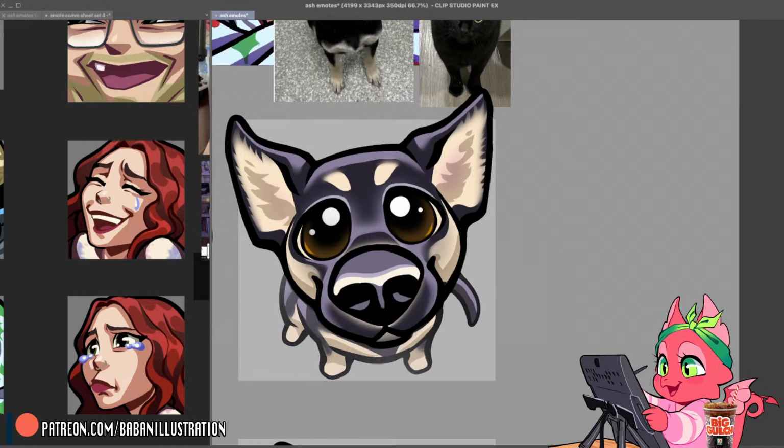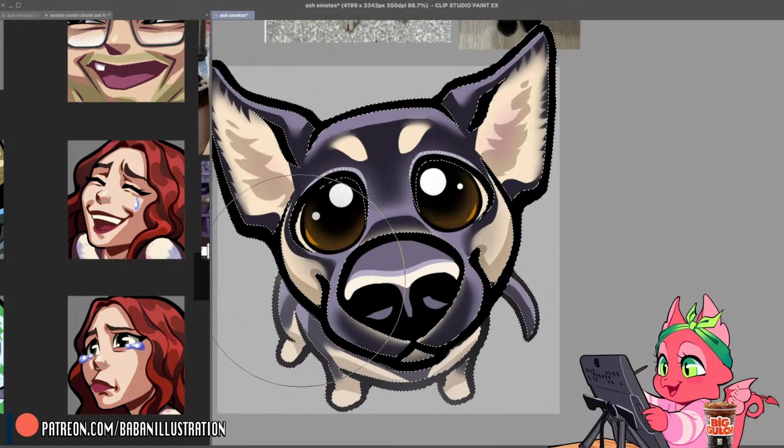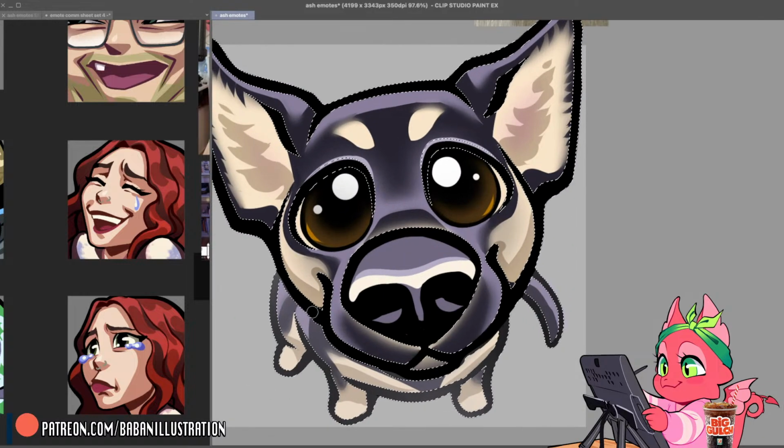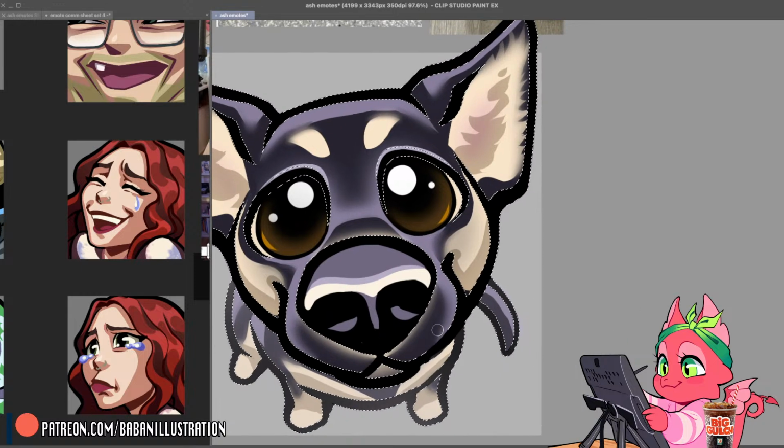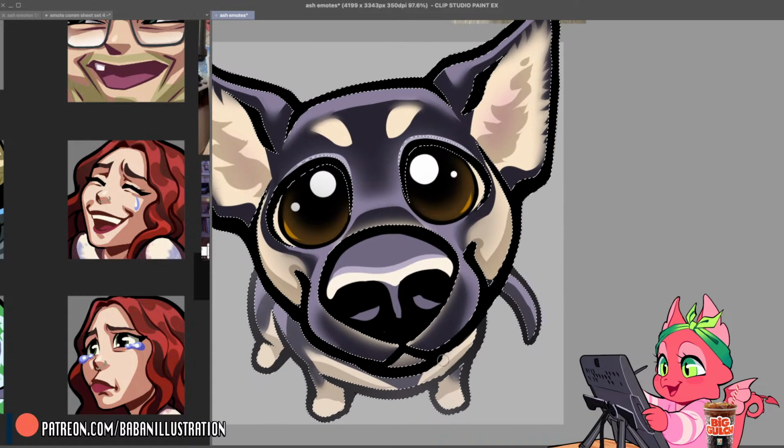Yeah, that helps. I just need to get the lines there and then erase any overlap because that's gonna make it look weird. It needs to go from those edges only around the face. And then it doesn't really bother it on the tail.